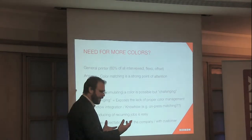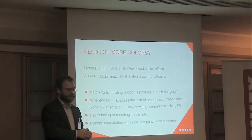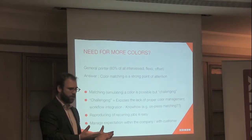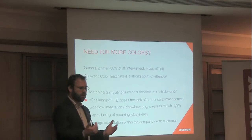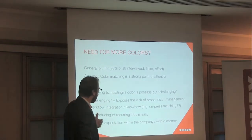You do that by indicating what the press capability is and communicate that to others. Provide also tools, for example, to the sales guy so that they can illustrate: look, if you ask us to reproduce or print this file that contains all these Pantone colors or HKS colors in Germany, then this is how it will look. Create an expectation in the beginning rather than having to fight afterwards for it. So this is something where we see that a lot of the conventional guys are